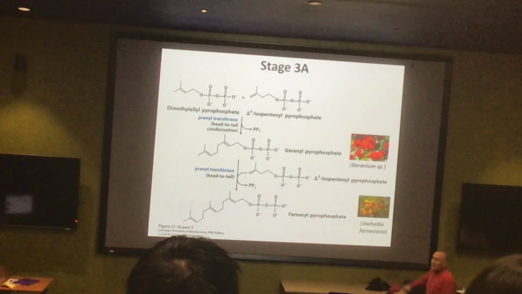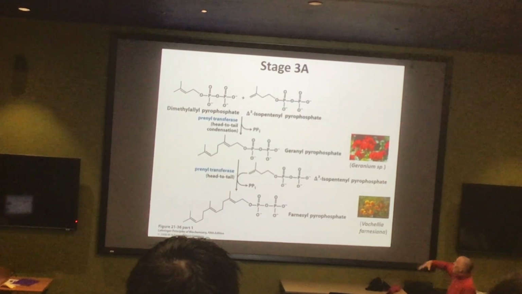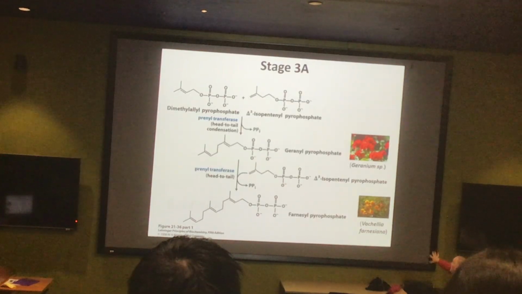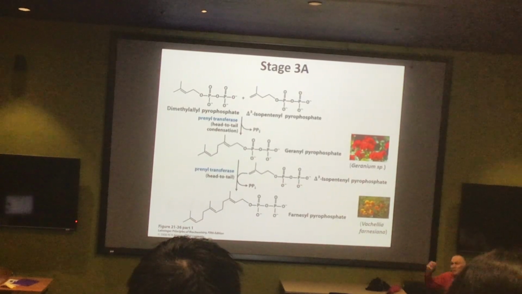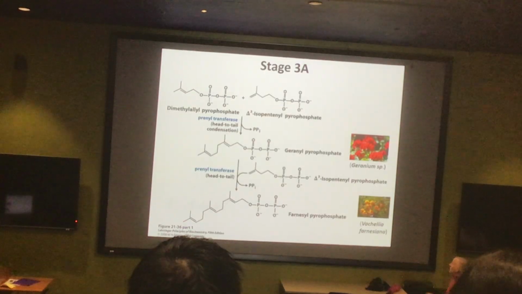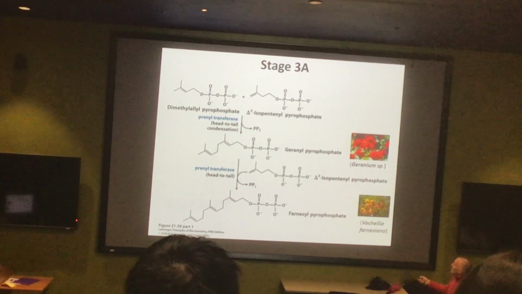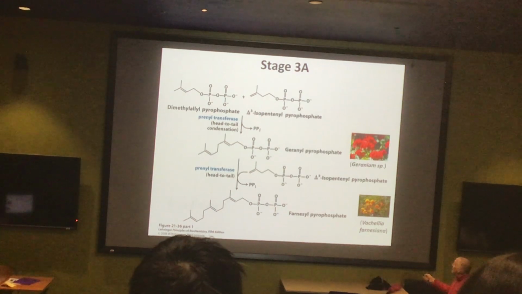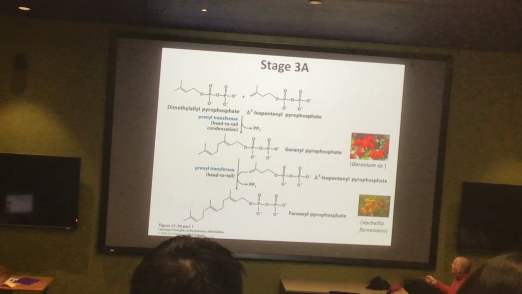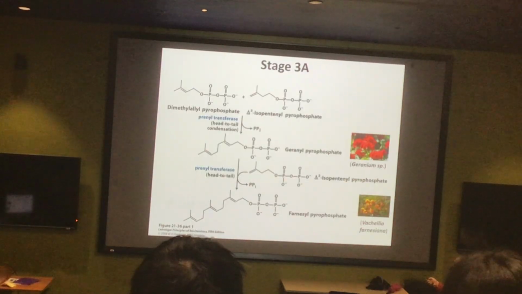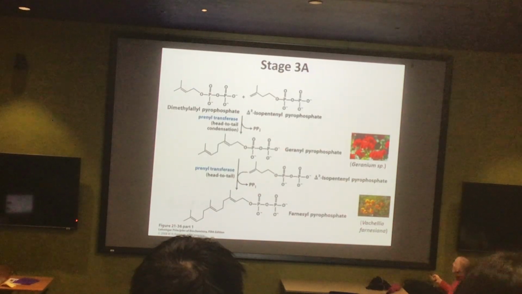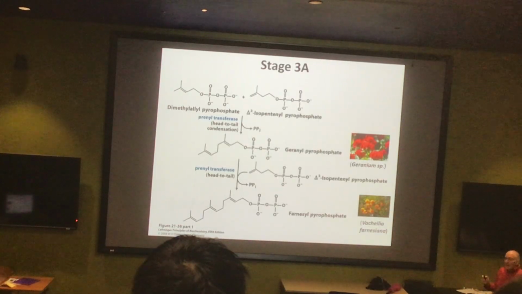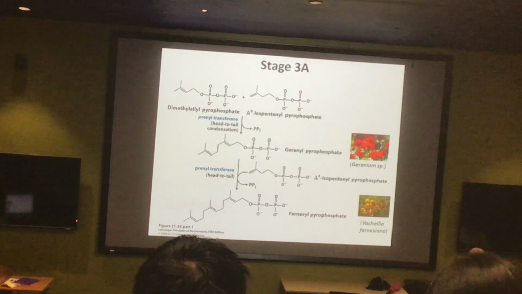And what's really kind of interesting about these molecules is that even though their fate for most of them is going to be to assemble cholesterol, we actually do see in different organisms these molecules accumulating, so they have individual functions. For example, if we take one of these dimethylallyl pyrophosphates, combine it with the isopentyl pyrophosphate, we do a head-to-tail condensation, lose the pyrophosphate group. We get geranyl pyrophosphate, which seems to accumulate a lot in these beautiful geraniums. I don't think it's the cause of their color, but it does.